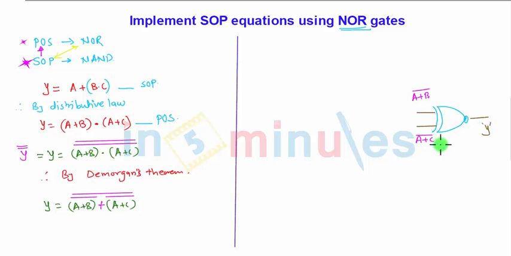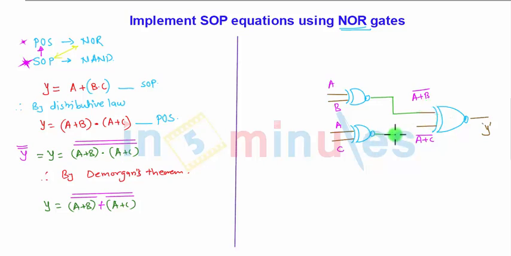The final answer will be the same. To obtain these, again I will require NOR gates, and for these NOR gates the inputs must be a, b, and a, c. So finally we will get here (a plus b) the whole bar,